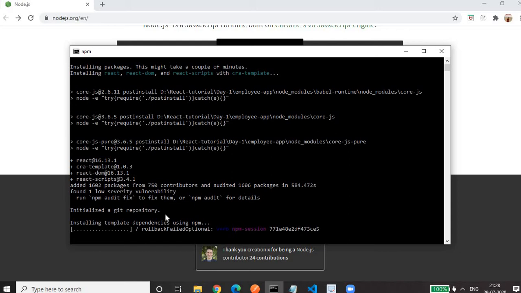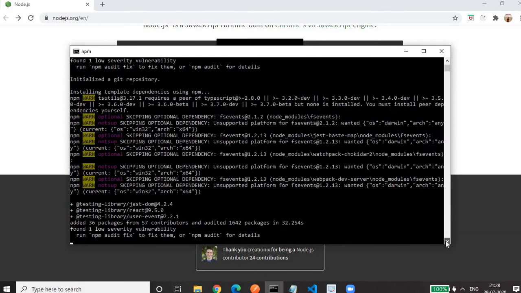Hello. So up to this, now it is installing some template dependencies using npm. So see the importance of npm. npm is required for managing the packages, the dependencies for our project. Okay. So it will also take a couple of minutes. So here nothing you have to do, just wait.